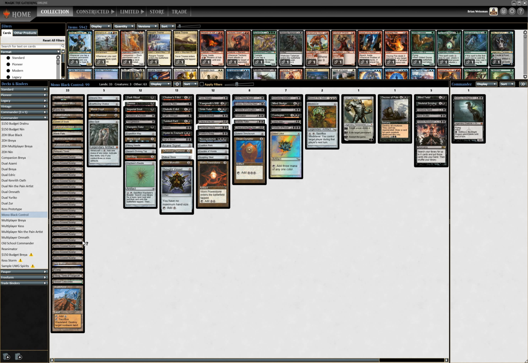Just looking through it, it all seems pretty much the same. Actually, I just noticed it's missing Prismatic Vista, which of course belongs in the deck because fetch lands are awesome. Other than that, I need to make that change. The rest of the deck is pretty much the same, but I just have to say